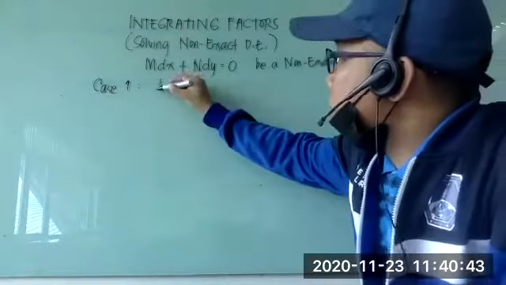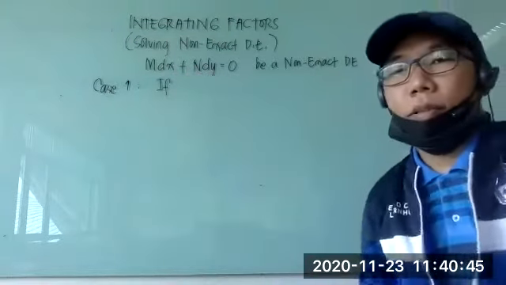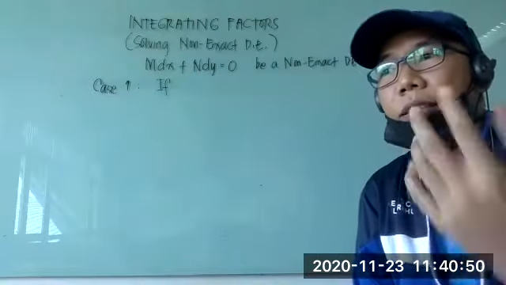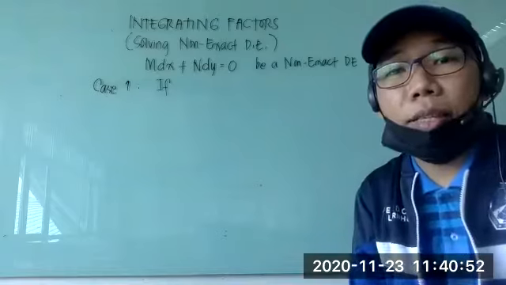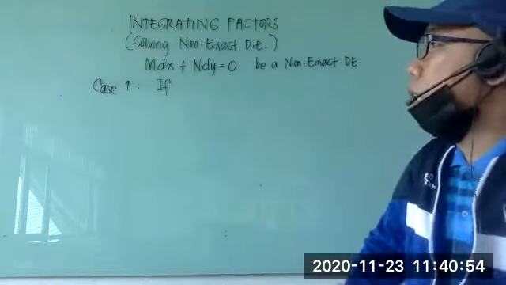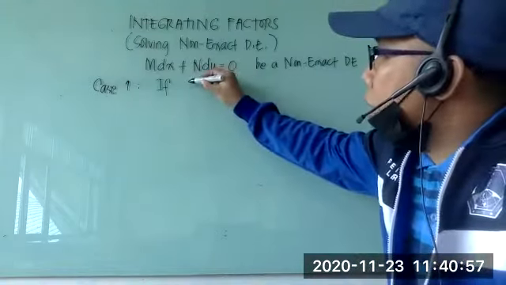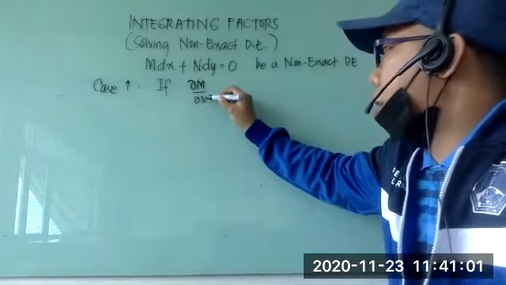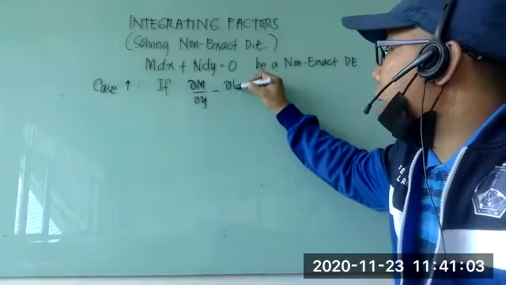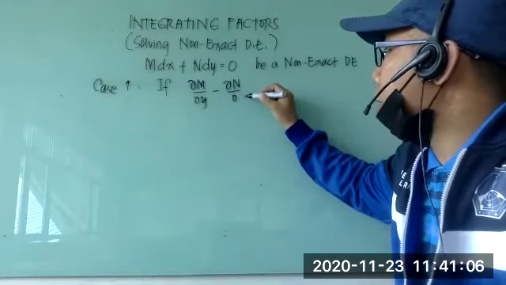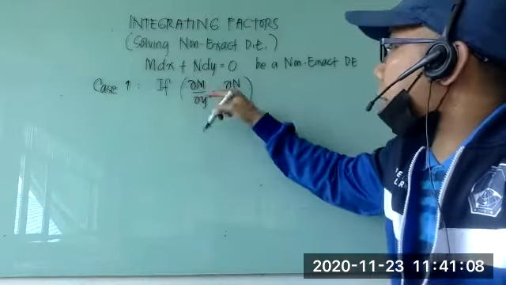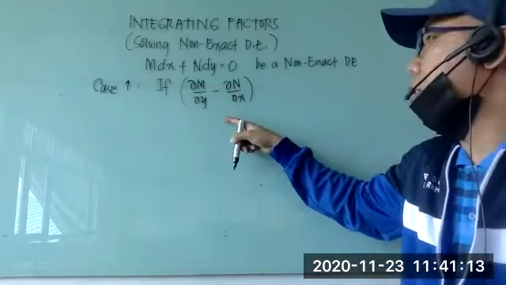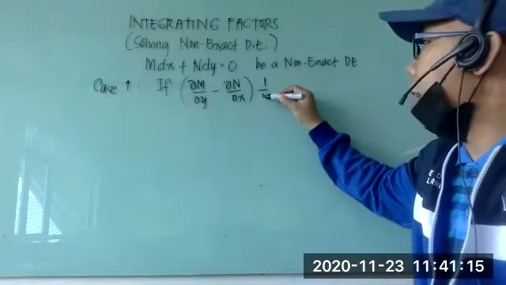So case number one: we determine if it's exact or non-exact by utilizing the test for exactness, right? So what we're going to do is take the difference, the partial of M with respect to y minus the partial of N with respect to x. If the difference of these partial derivatives divided by N